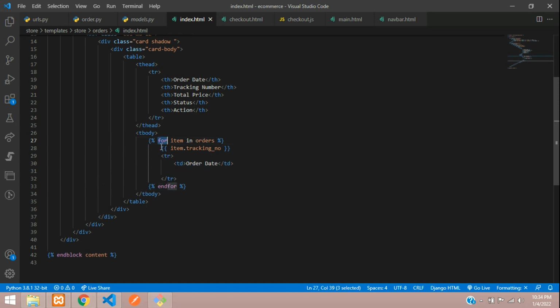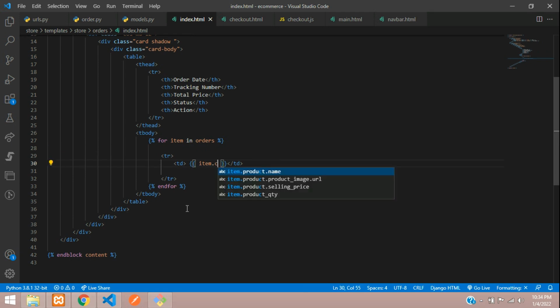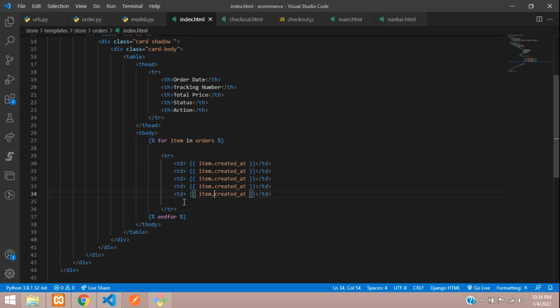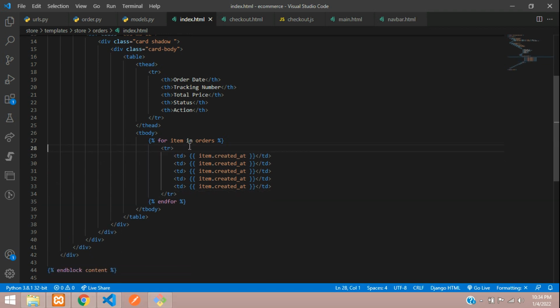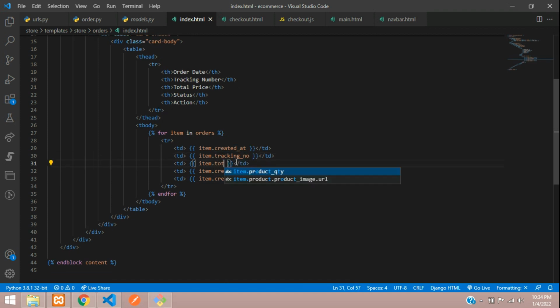So here we are using a for loop to display all the orders. So according to this column, we will just arrange this thing. So inside a table row, we need the first is order date. I'll just Control X and paste it over here. So we had the created at field, right? Created at, copy and paste. Yeah. So next we have the tracking number. Say tracking number, and then we have the total price,